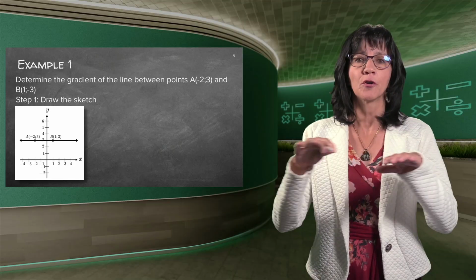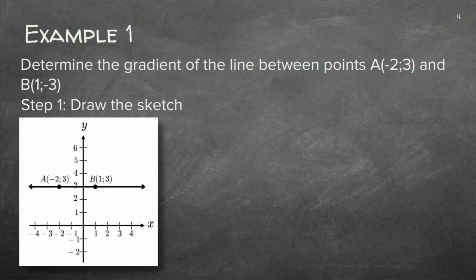So let's start off with the horizontal line. Determine the gradient. The sketch is done. Remember, you will do your own sketch. So you'll just do a very rough line through 3. You do not need any of the other numbers. It's just a very rough sketch. Gradient, immediately, my method says write down the gradient of AB, so it's a little footnote.